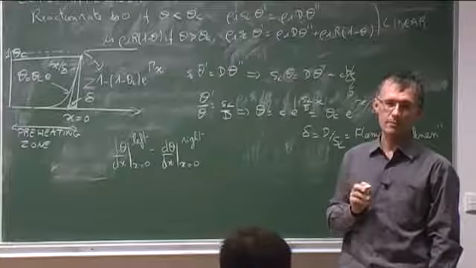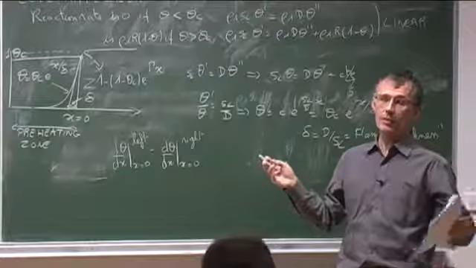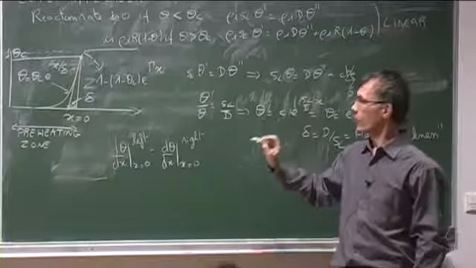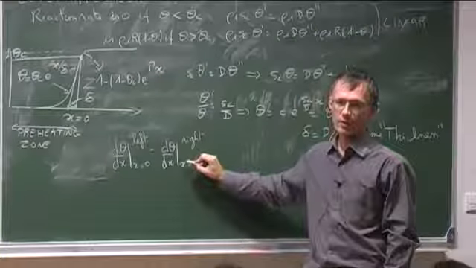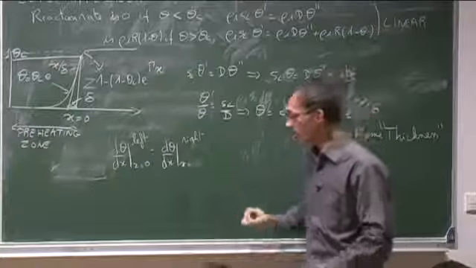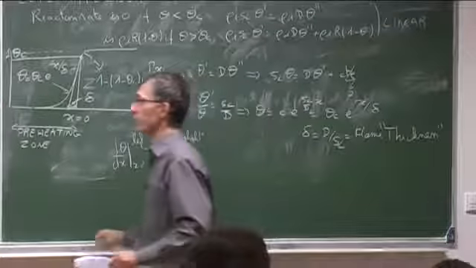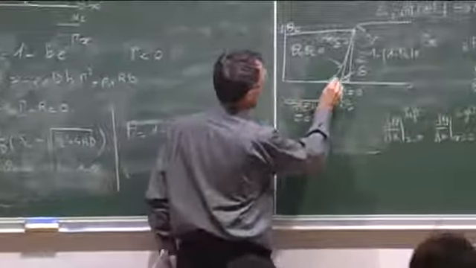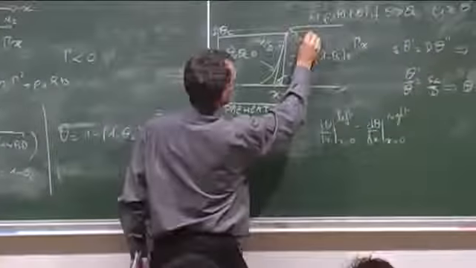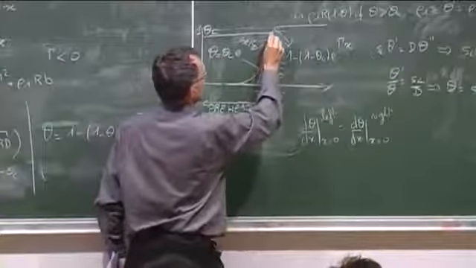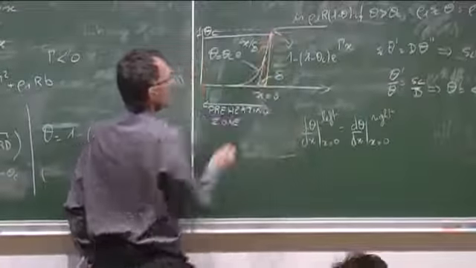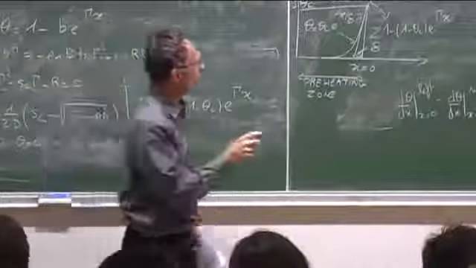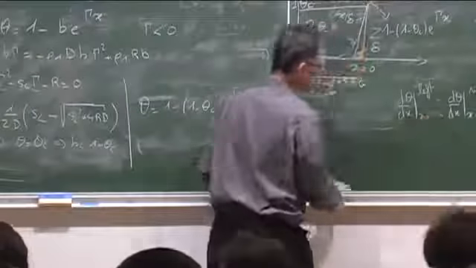Suppose we know the flame speed, SL. But I didn't know the flame speed. Well, it's the time to find the flame speed. There is only one flame speed which will ensure this property. Otherwise, if we take a flame speed which is not the right one, we'll have a profile like this one, and here the temperature will do like this, or like that. And here we will not have a continuous derivative. If we want to have a continuous derivative, we need to have this property here.